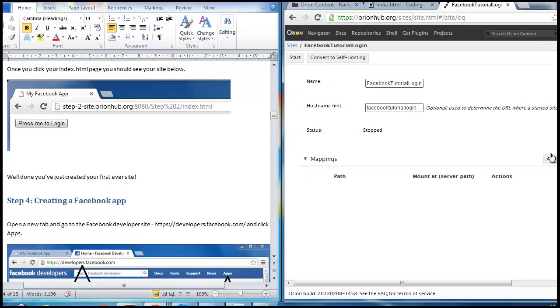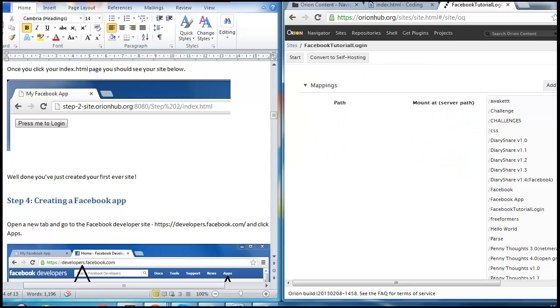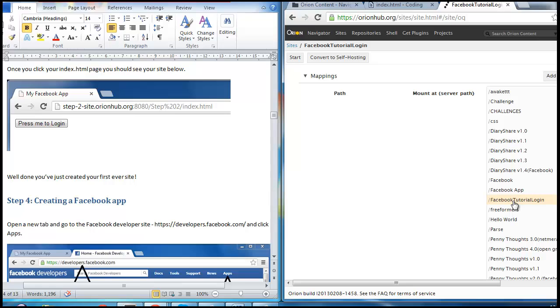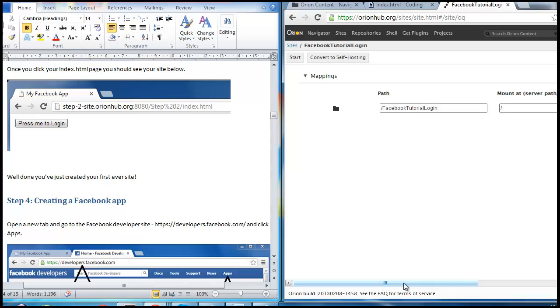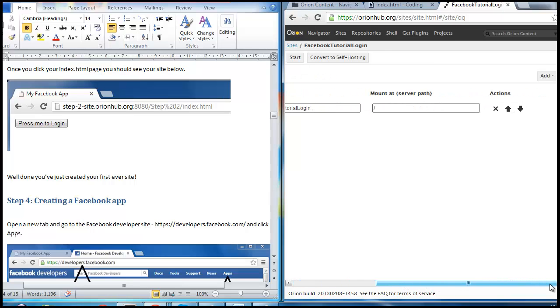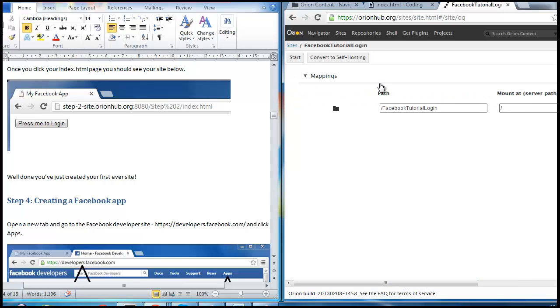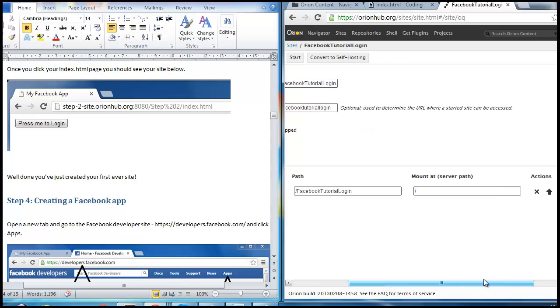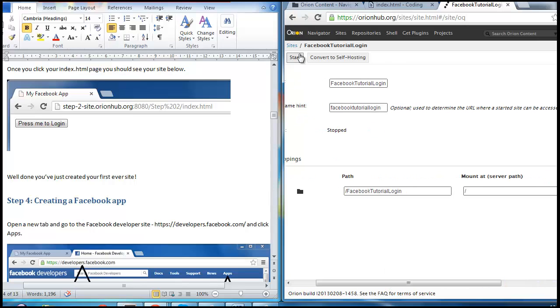What you then want to do is hit the add button, and you want to scroll down and select the folder that you just created at the start. So Facebook tutorial login is the one that I was using, so I'm going to select that, and now what we have is our Facebook tutorial login mapped to this website. So if I now press start,